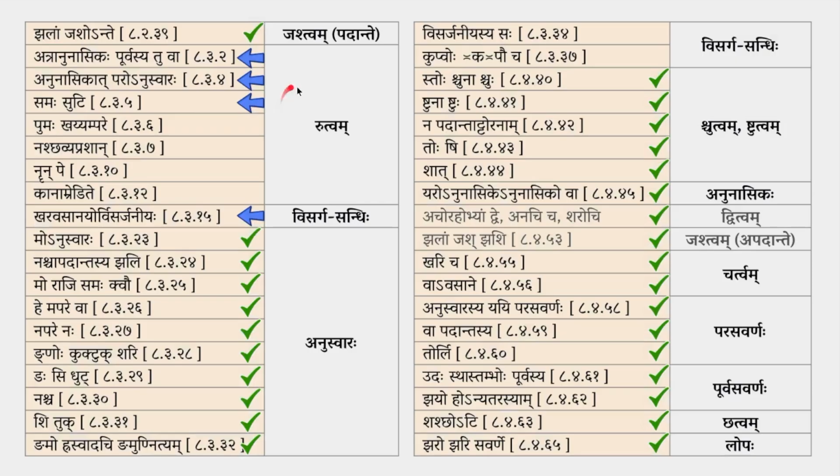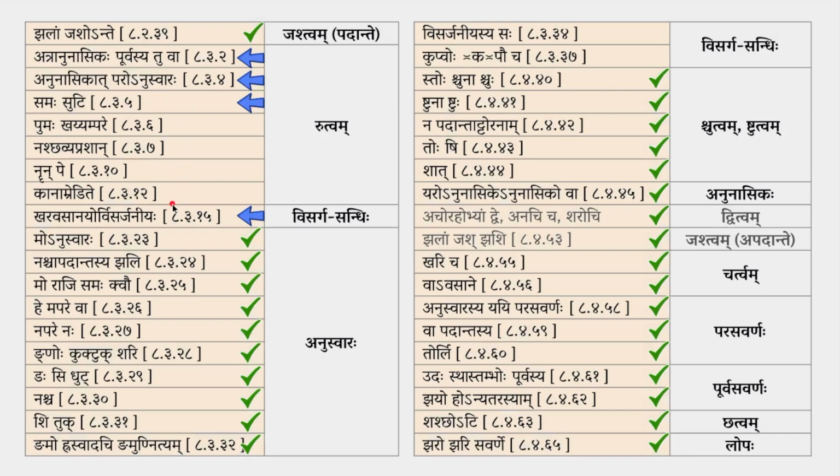So this is the Rutva Prakaranam, which contains, in our syllabus, a total of 7 sutrams: Atra Anunasikaha Purvasituva, Anunasikat Paranuswaraha, and then Samaha Suti, until we have Kanamredite. So there are 7 sutrams, and out of these, the first 2 sutrams are Adhikara sutrams: Atra Anunasikaha Purvasituva, Anunasikat Paranuswaraha. These 2 sutrams are Adhikara sutrams, and the remaining 5